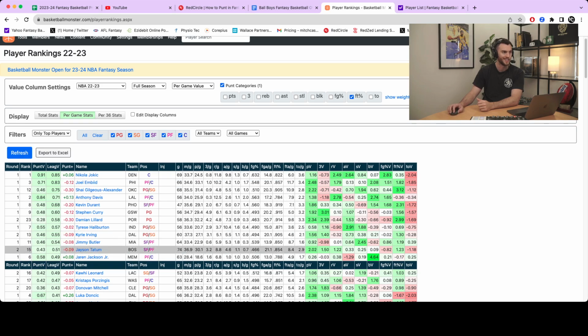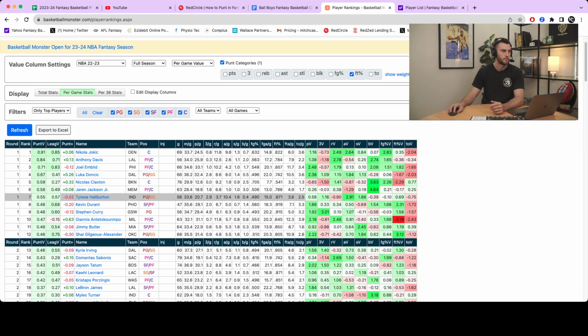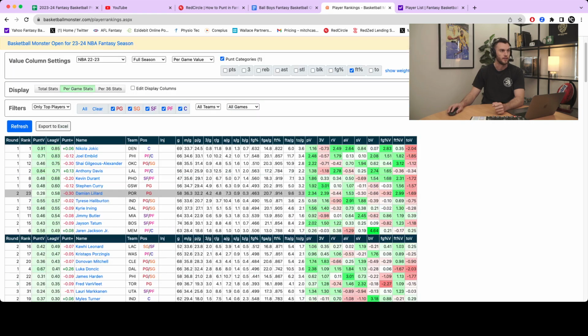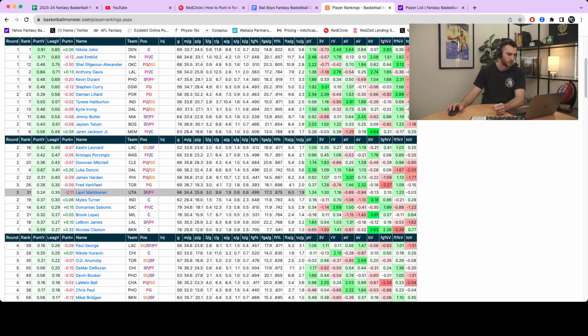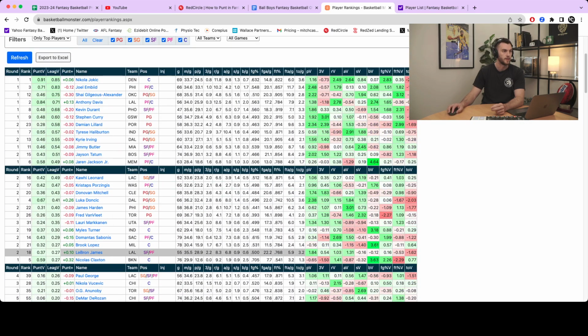So this will give me a good understanding in general of who's going where, though it's quite early. Now in this build, someone like a Luka Doncic is a little bit further back, but we know he's probably going to go a bit earlier. So let's say, for example, I get at pick, whatever, doesn't really matter, I'm going to get a Luka Doncic. Now if I'm going to punt free throw percentage, going back to the league value, I might have a few different options. I might have someone like a Nicholas Claxton available to me, who in league value is about the 24th ranked player.